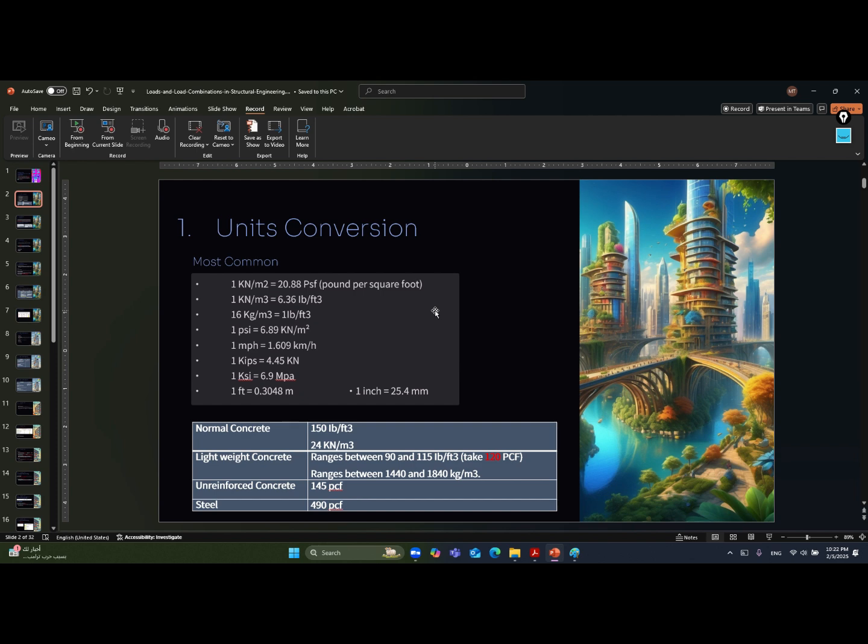First of all, it is important to know the unit conversions that you are going to use, like the metric units, the imperial units, and how to transfer between them. Also, it is very important to know